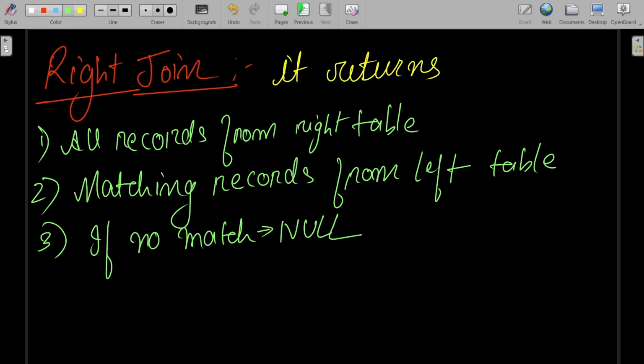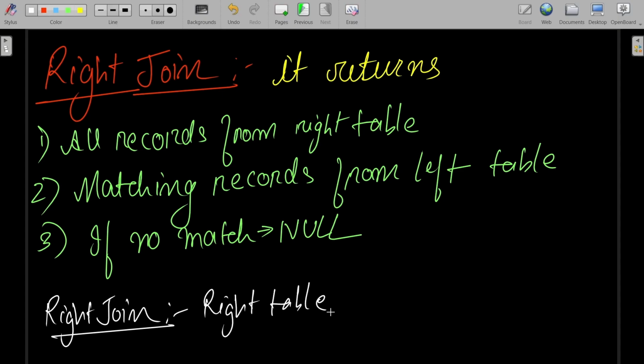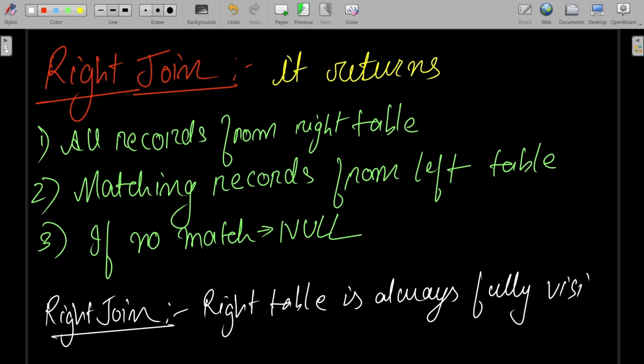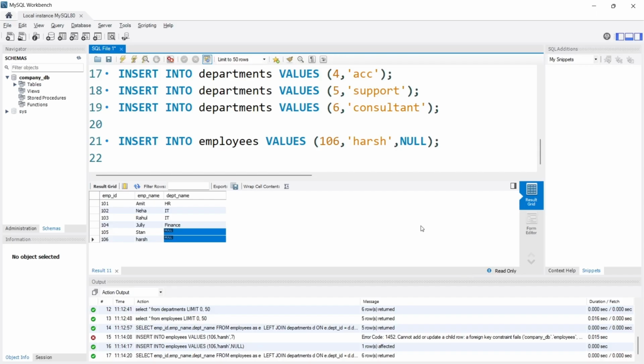So again, in a very simple way, in a right join, the right table is always fully visible. Okay. So whatever things I explained to you regarding the left join, copy paste everything for the right join. The results might differ, of course, but the concept remains exactly the mirror image of it. Okay, so what I will do, I will just go back here and we'll create a new